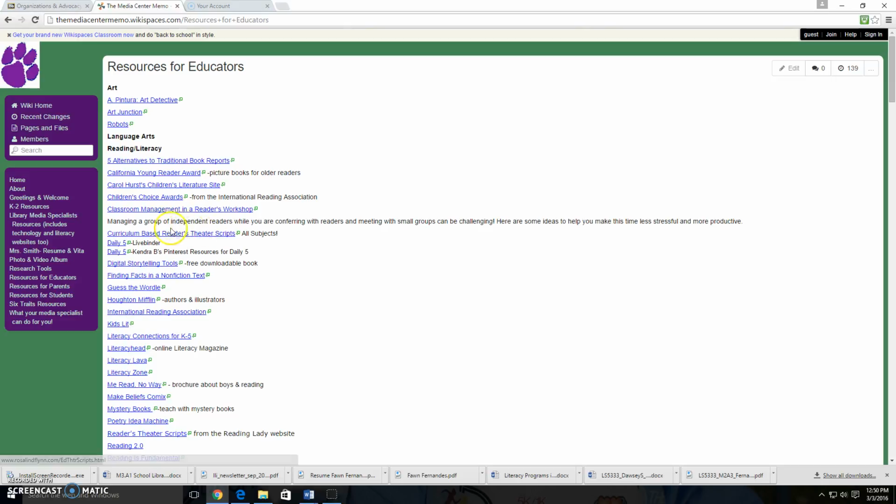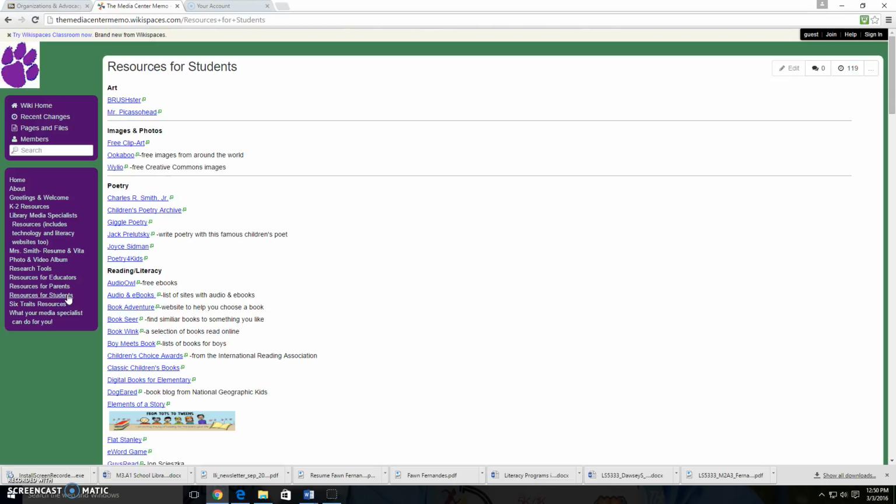We can take a look at the sidebar for resources for students to see how this website can meet the needs of the school students. The media specialist has developed a thorough list of websites for the students to use, categorized by topic. This supports the needs of the students not only in content, but also in providing opportunities to develop their computer literacy, which can help to reduce the digital divide that the EL states is a hallmark of disadvantaged students.